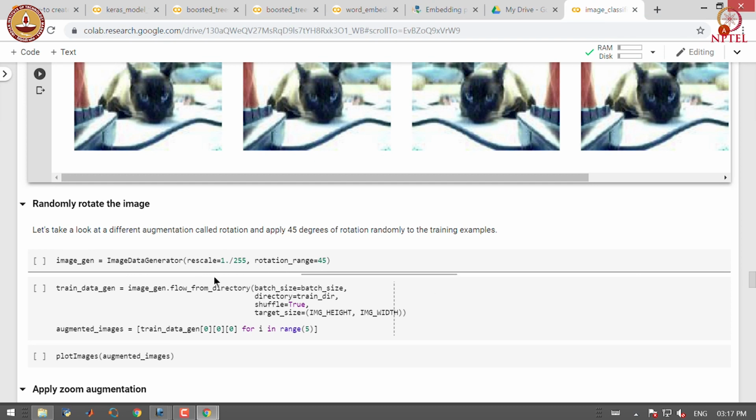We can also do a different kind of augmentation by rotation. Let us apply 45-degree rotation randomly to the training examples.